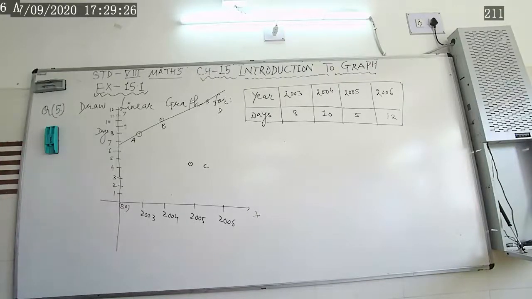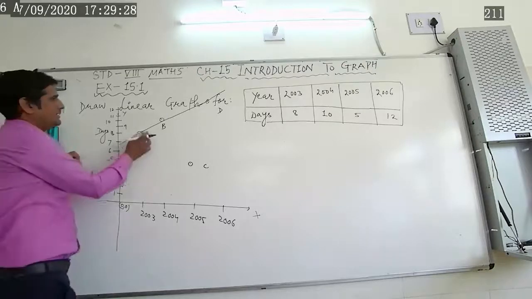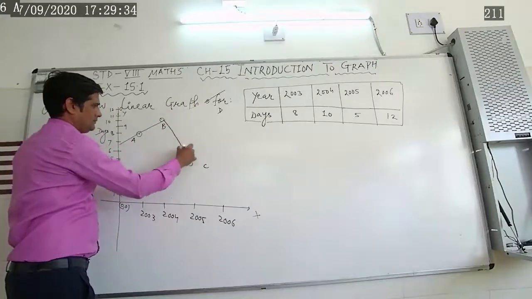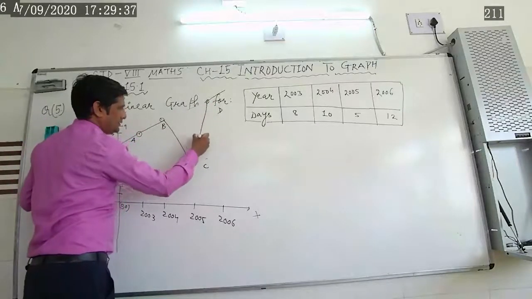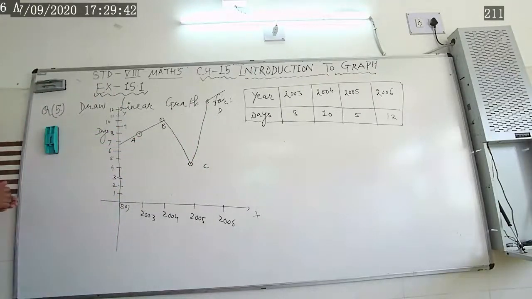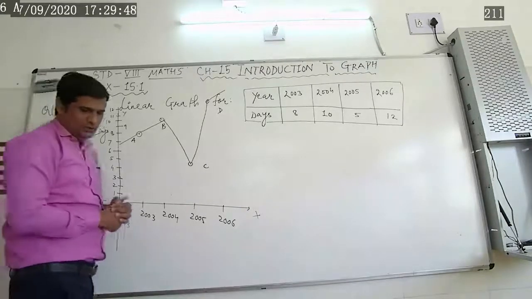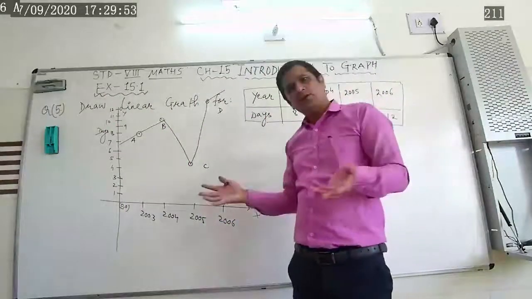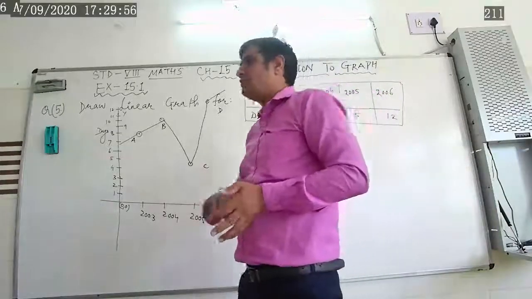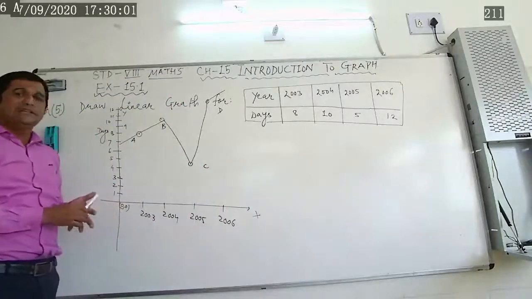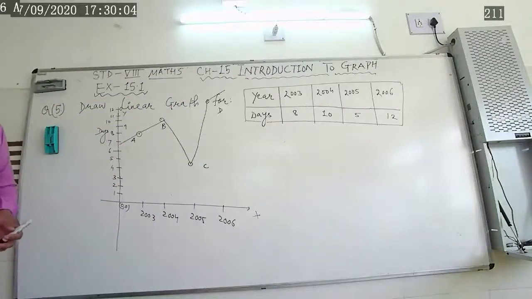Clear बेटा? हम इन ग्राफ को अच्छे से ज्वाइन कर सकते हैं. A के बाद B ज्वाइन किया, फिर आप C को कर सकते हो, C कर दिया, फिर आप D को कर सकते हो. तो इस तरह से ग्राफिकल रिप्रेजेंटेशन लाइन से ड्रॉ हो जाएगा. If sometime the question is asking whether the graph is linear or not, then also we can give the clarification. If all points are coming in a straight line, then we will say it is linear, otherwise no. Clear everybody?